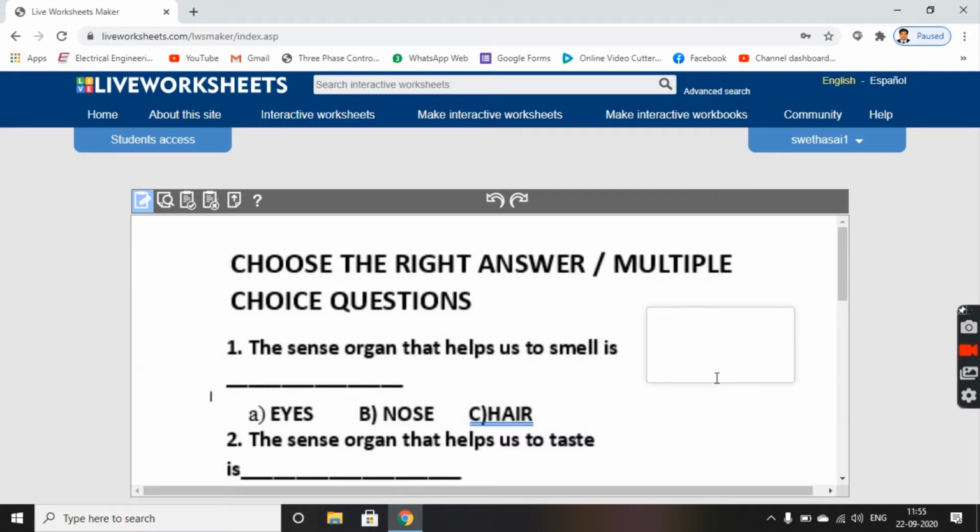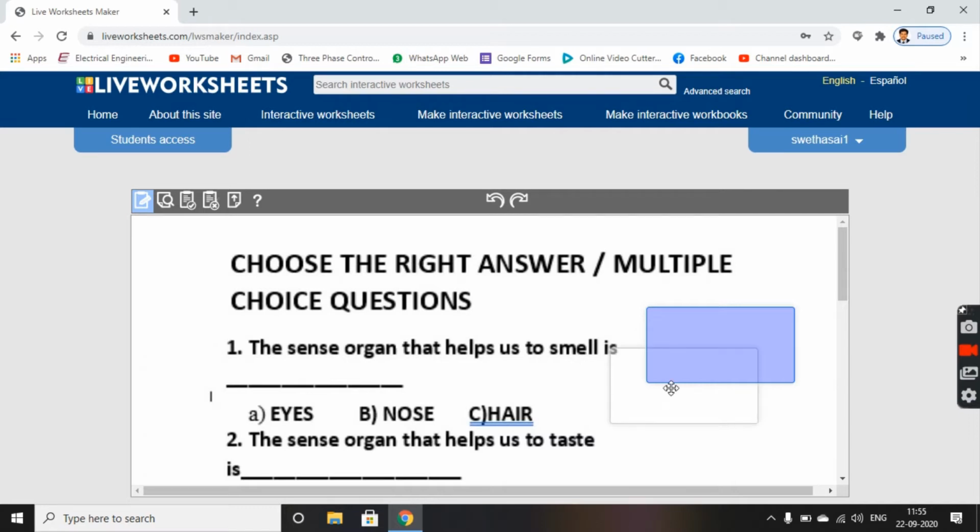So this is my text box I have inserted. When I move my mouse pointer across this text box, right in the middle of the text box, you get a four-headed arrow. When you click on this, you get the blue colored shade on the text box. That means here the text box is highlighted.